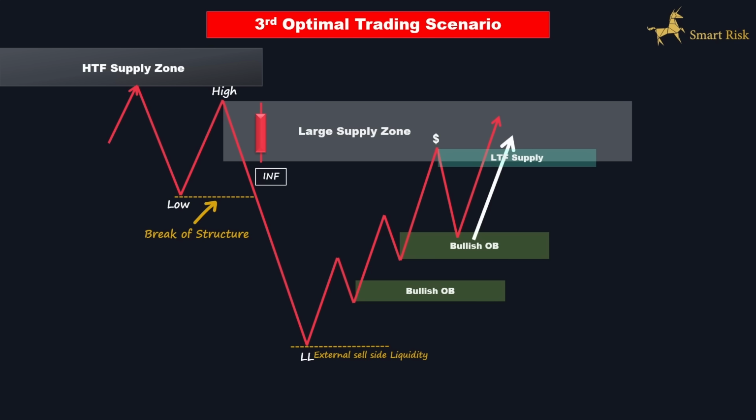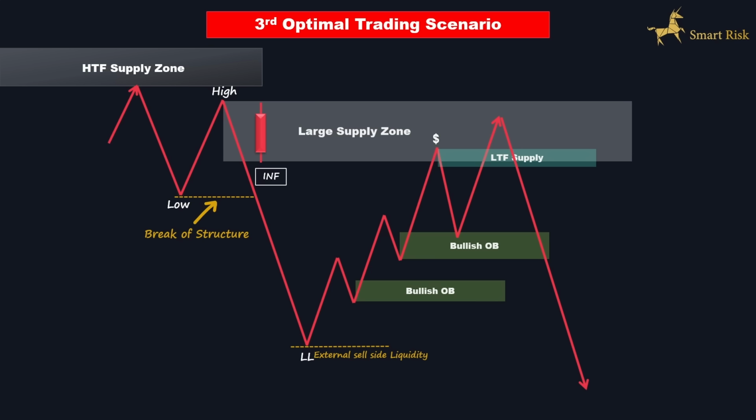Eventually, it should tap into the large order block, and after acceptable mitigation, the price gets reversed, moving straight back down towards the sell-side liquidity located at the bottom. To take advantage of this scenario, as price is tapped into the large order block, we should zoom into the lower time frame and look for any signs of a change of character formed by the price. Then, we are permitted to place a short position.